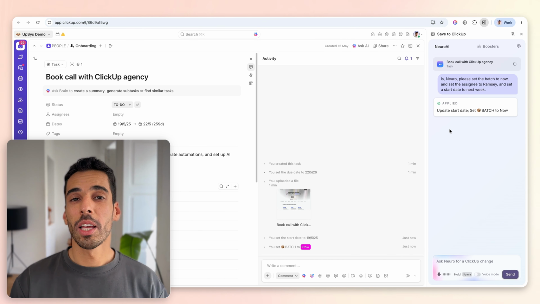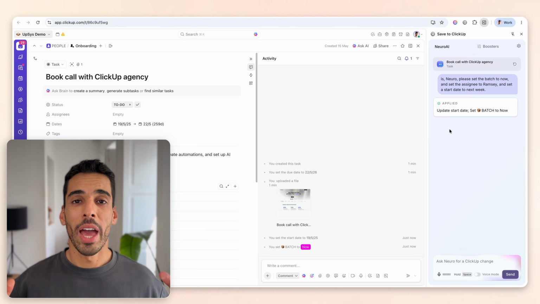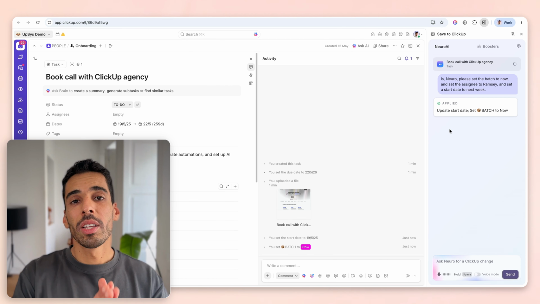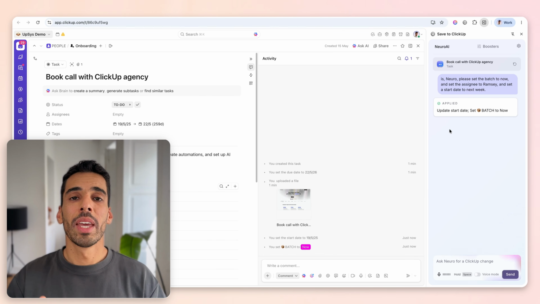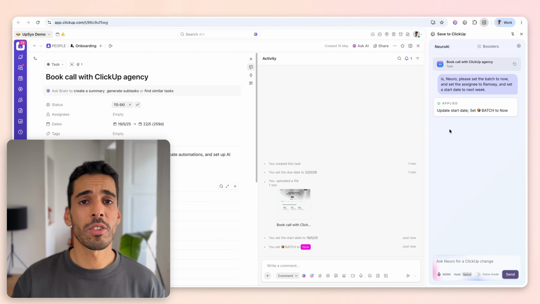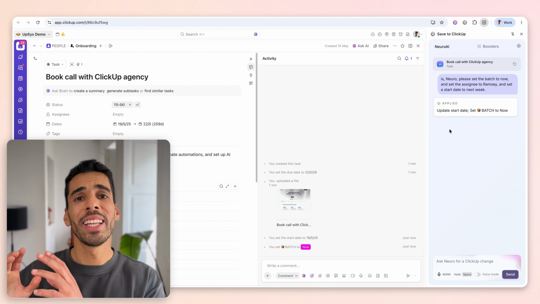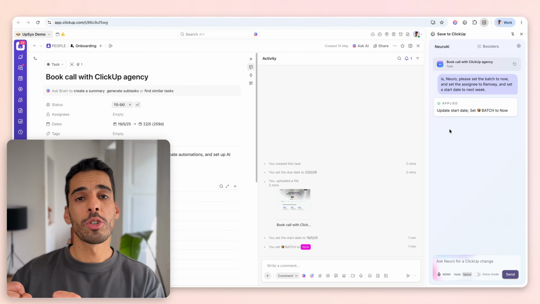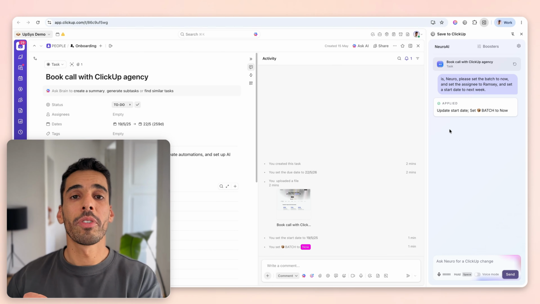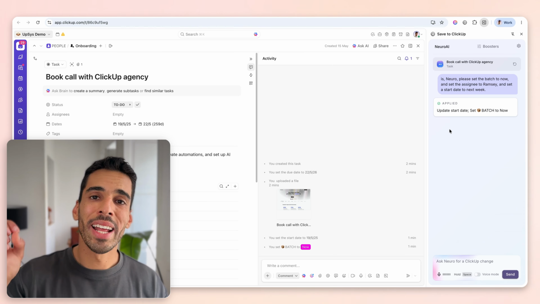You can subscribe to ClickUp Brain for your agency if everyone's harnessing AI, but if you're the sole power user in your team, or if you have a small business, or even if you're solo and you need a sidekick that only will cost you a fraction of the price of ClickUp Brain, then Neuro and Save to ClickUp is